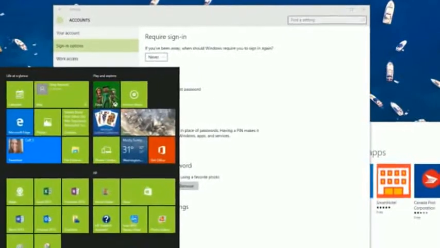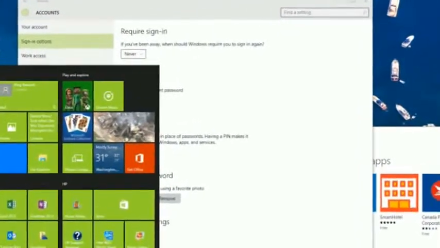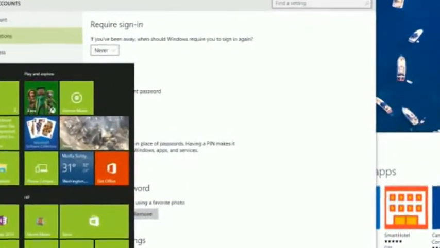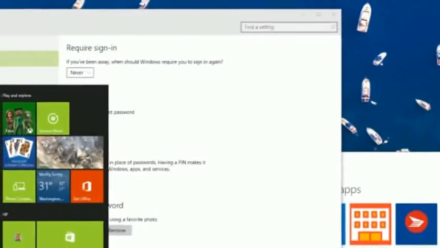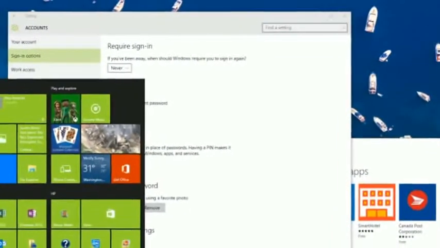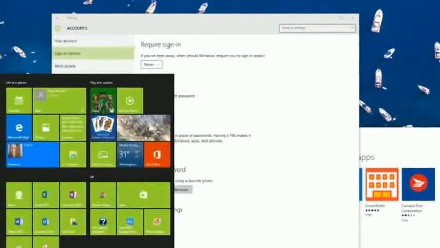Windows creates a new desktop. Your original desktop is shown as Desktop 1 while the new desktop is shown as Desktop 2. Getting it? So when you add a new desktop, the original one will be shown as Desktop 1 and the new one will be shown as Desktop 2.